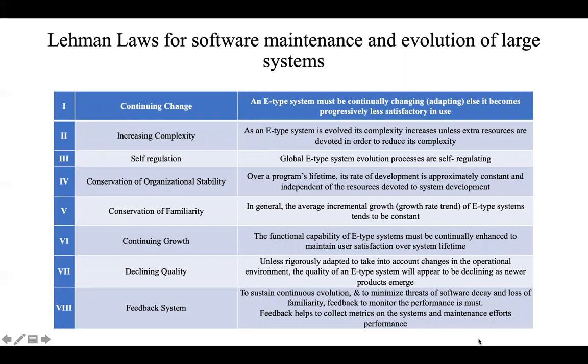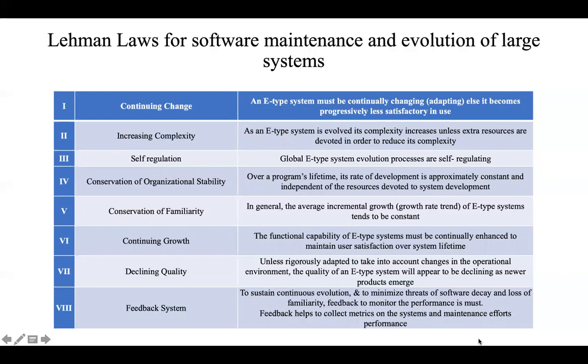Now, these are the laws which are given by Lehman. Before starting with these laws, let me tell you what is Lehman's law. According to Lehman's laws of software evolution, on one side, size and complexity of a software will be continually increasing in its lifetime. On the other side, the quality of the software system will decrease unless it is rigorously maintained and adapted. That is what is stated by Lehman's law. Now let us see all the laws one after the other.